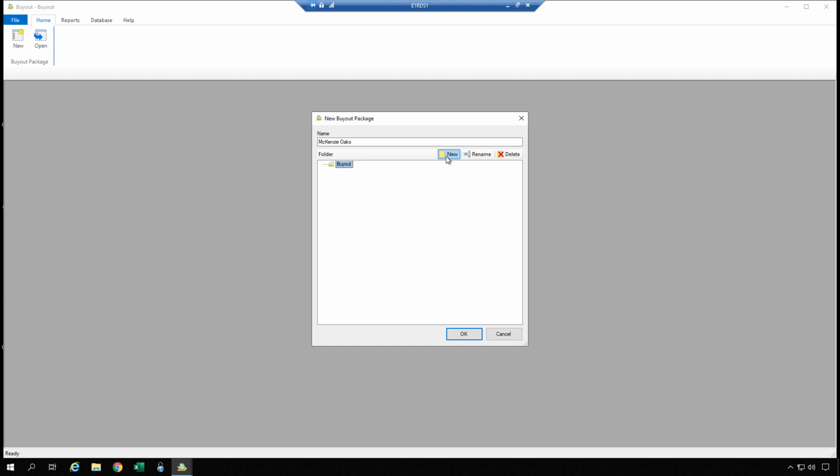So if you wanted to have folders designated for archival purposes or separate them by year or what have you, there's a level of organization you can apply to this. Otherwise, if we just simply create the buyout package here, it's just in the root folder for the buyout database. So we'll click OK